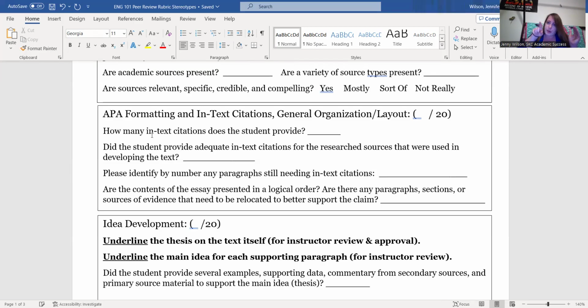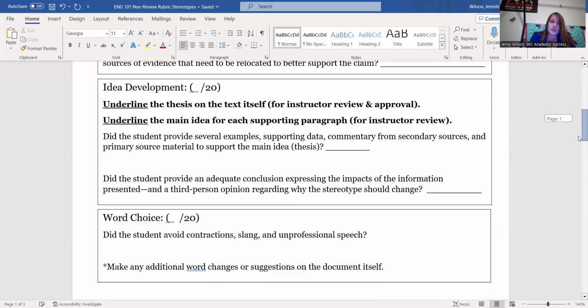But I should be able to really quickly, like, oh, okay, this says Williamson, 1999. And then I go down to your list of sources in APA style and I look at, oh, there's Williamson, comma, Stephen, 1999. The reason that this stereotype persists, or whatever the title is, and I am able to see the full information. Okay, so you want to make sure that those are there and that it's real clear in each paragraph as you mention something that you did find somewhere else, that you indicate where that came from as you are writing. And so that's part of, I think any professor would notice that.